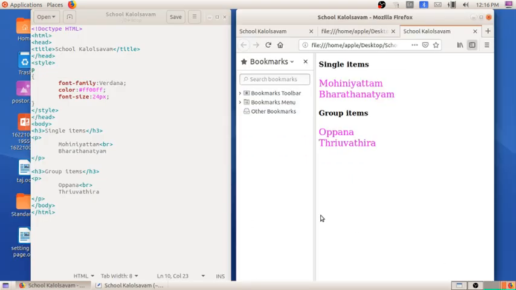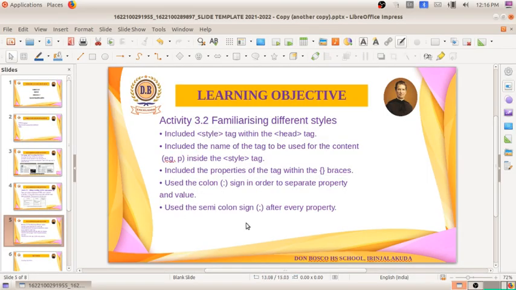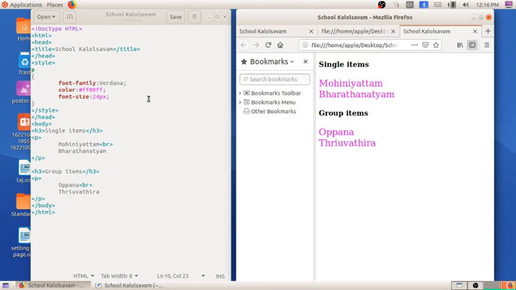Here you can see, font family is the property and Verdana is the value, so they are separated by a colon. And the last one is to use the semicolon sign after every property. After finishing writing each property, we have to include a semicolon.